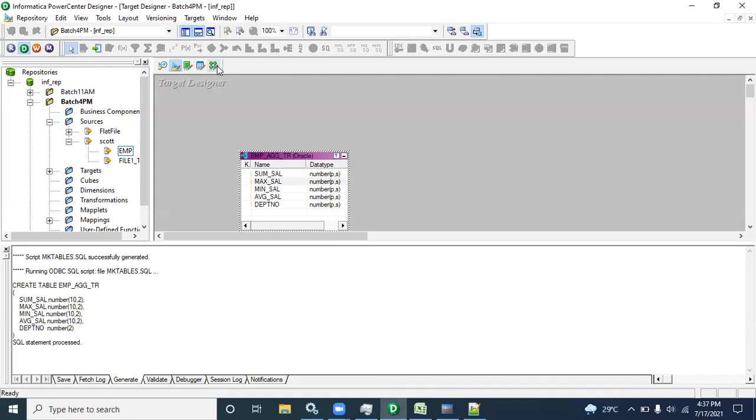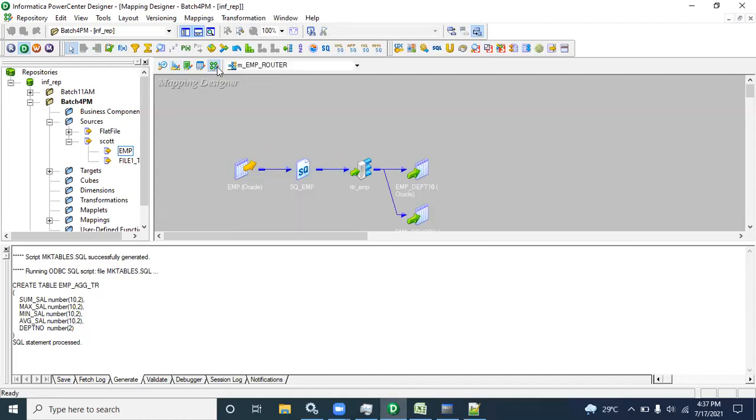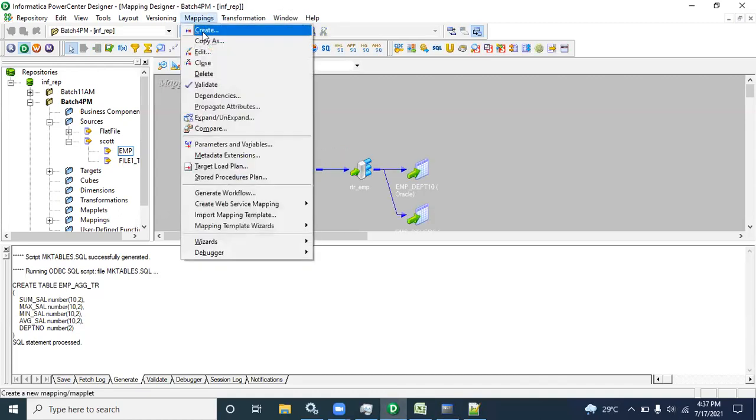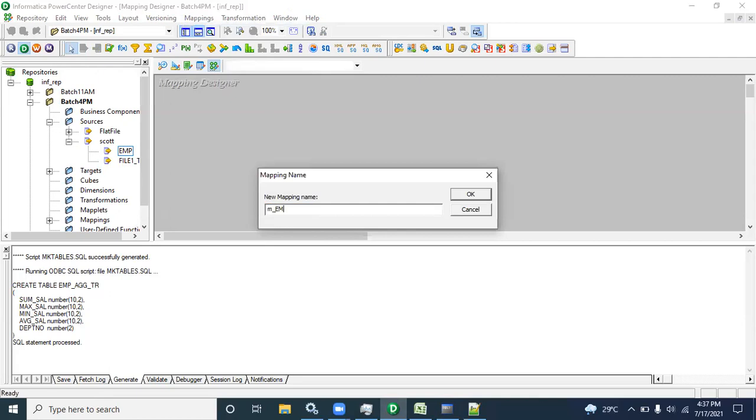So go to Informatica, then again go to the mapping designer, go to mapping, create m underscore emp agg transformation.